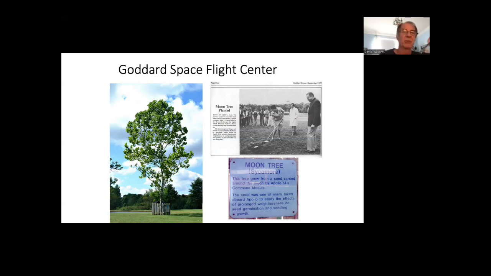There's a picture of when it was first planted at Goddard, and there's a new sign up now, and they've rebuilt some stuff around the tree. But one of the funniest things about this tree was I had my moon tree page up for, I don't know, maybe almost a year. I got a phone call from someone at Goddard, and they said, "Well, why don't you have the Goddard moon tree on your moon tree page?" And I was like, I didn't know there was a Goddard moon tree, but sure enough, there was.